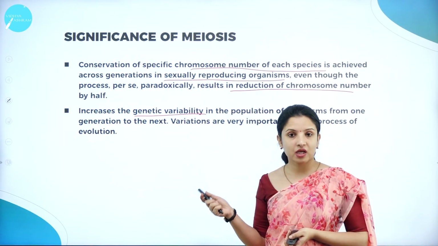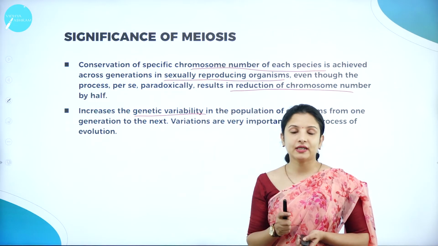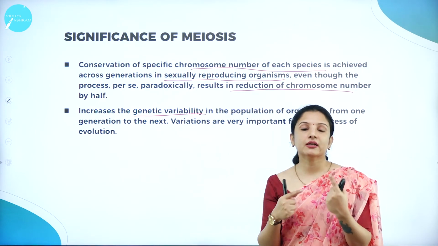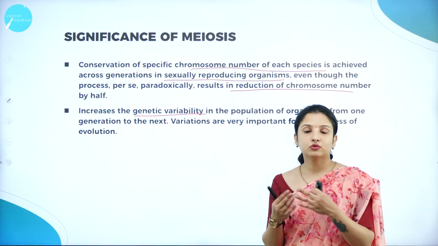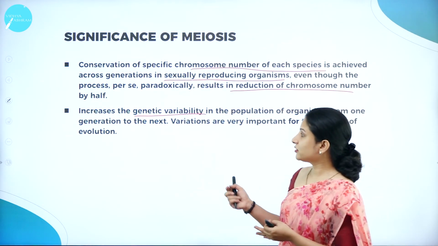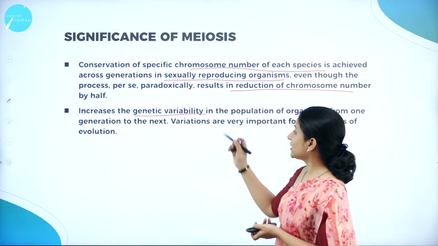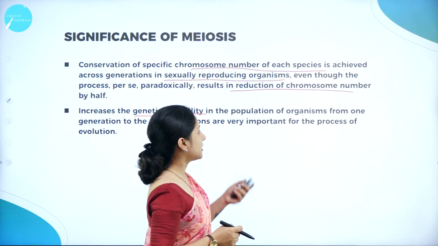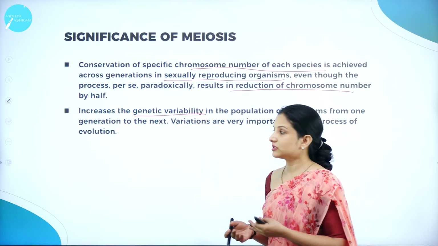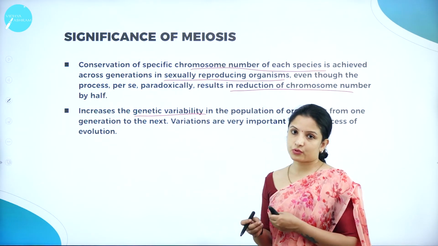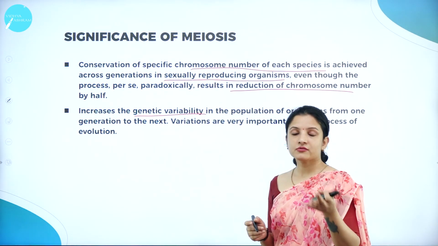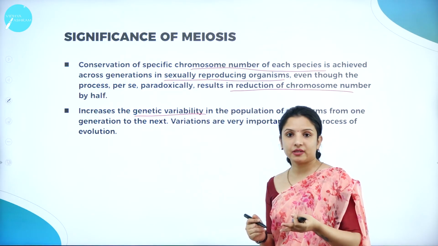So therefore, recombination occurs in meiosis. We had studied, right, in the meiosis stage, how the synapsis or the crossing over occurs, resulting in chiasmata formation and all that. During those times, what happens? The recombination of the genes will occur between non-sister chromatids. And because of that, meiosis usually results in genetic variability in the population. That is, when we compare one organism to another, there is some variability in the organisms. Why? Because of the recombination process that is occurring. So therefore, meiosis results in genetic variability from one generation to another in the population